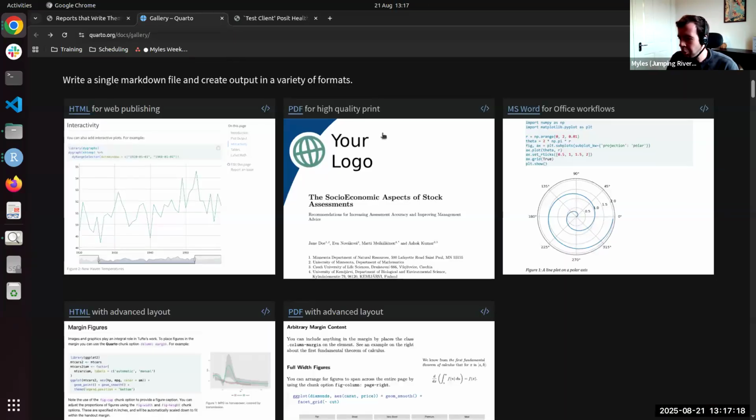Just to go back to the Quarto gallery, you can also produce PDFs. You can produce PDFs that match certain templates. So if you're from an academic background, Quarto has support for a number of journal templates, like statistical journals and that sort of thing. So if that's of interest to you, that's one way of producing your papers. Rather than using LaTeX, you can just use Quarto, and it'll use LaTeX as a backend. It does also have some compatibility with Microsoft Word.